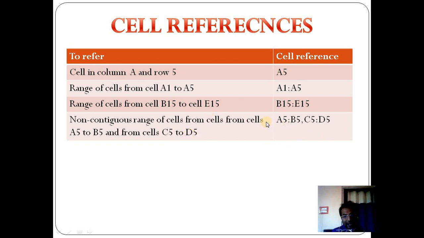The first is A5, starting at A5 and ending at B5, then starting at C5 and ending at D5. A particular cell address identifies each cell uniquely in Excel. Each and every cell is present with a unique address. That is called the cell reference.